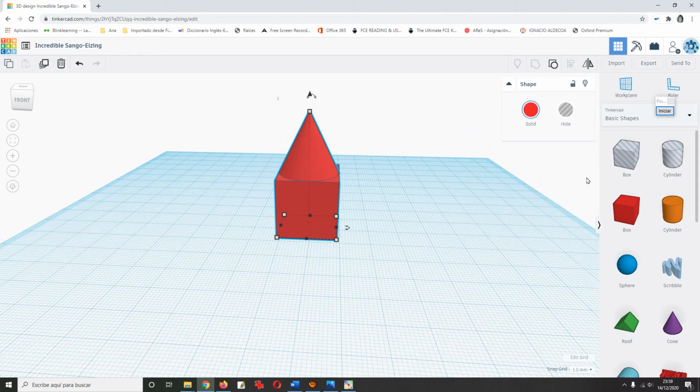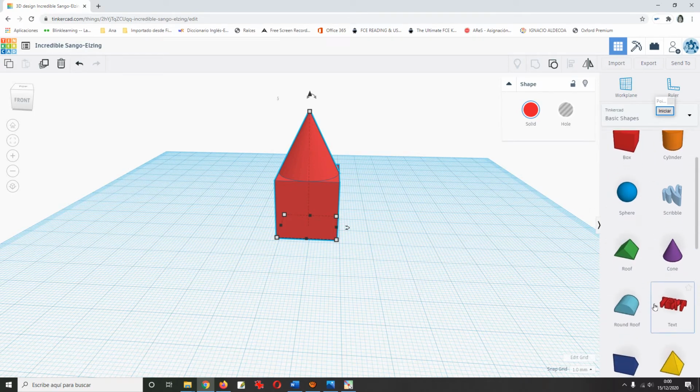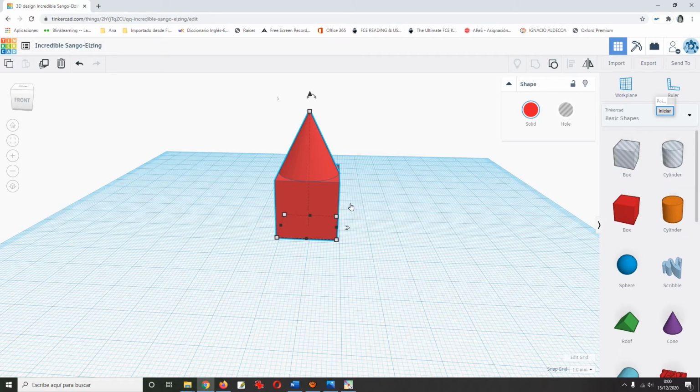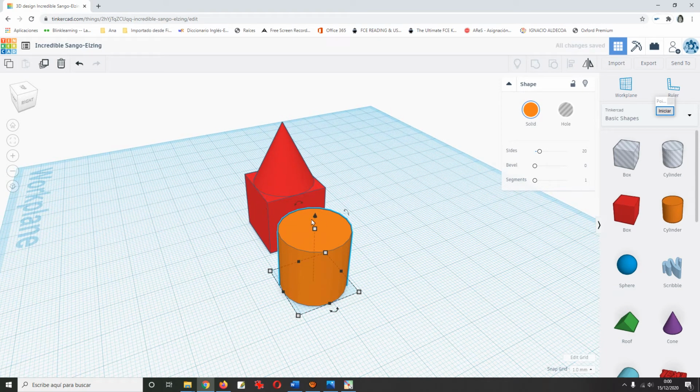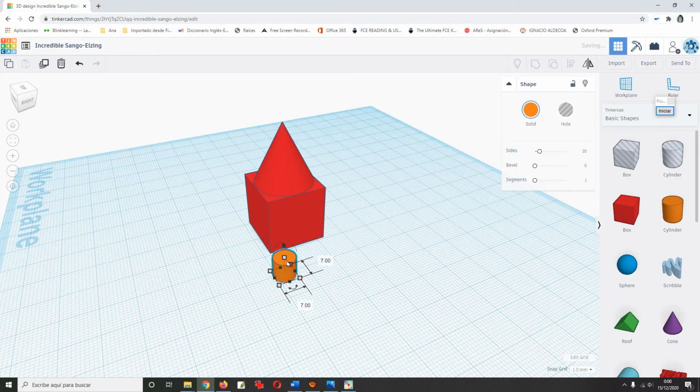We can make holes. We can use these two shapes that are already solid, but you can use any shape, a text or whatever, to make a hole. So let's see how to do it. Imagine that I want to make a tunnel or a hole here. This one is too big, so I'm going to make it smaller. I'm going to make it taller, and I'm going to turn it, for example,